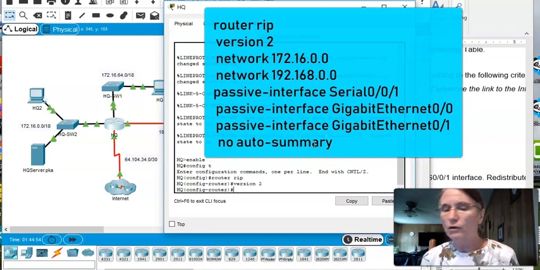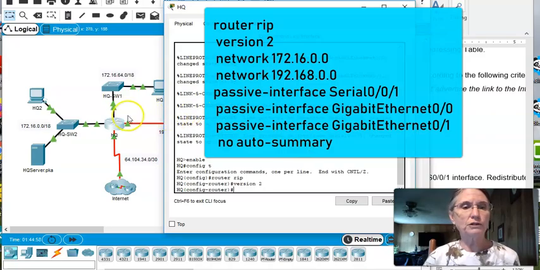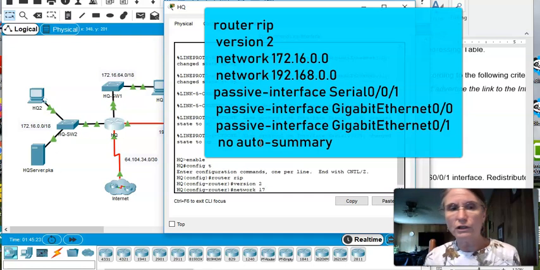And then which networks do we want to advertise? We want to advertise all 3 networks: the network attached to the LAN above HQ, to the left of HQ, and then the serial link to the right. So that is the network command, and we will advertise